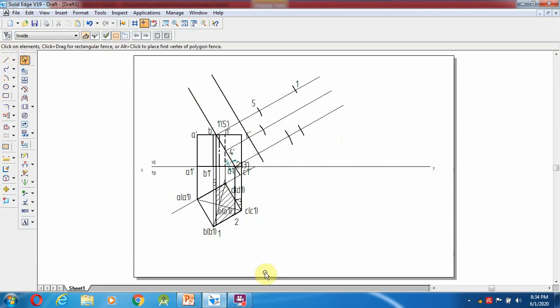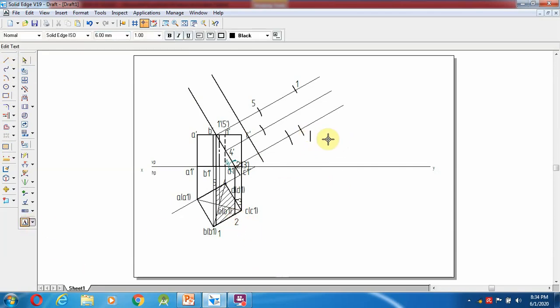Okay, now this is the second point. Go to here, the second and third points come in the same line. So third, this is the fourth point. Now you can come over here: first, second, third, fourth, fifth, and again first. It has to be joined over here. So we are not getting the line over here, so going to trim the one end, to exactly find the end points.